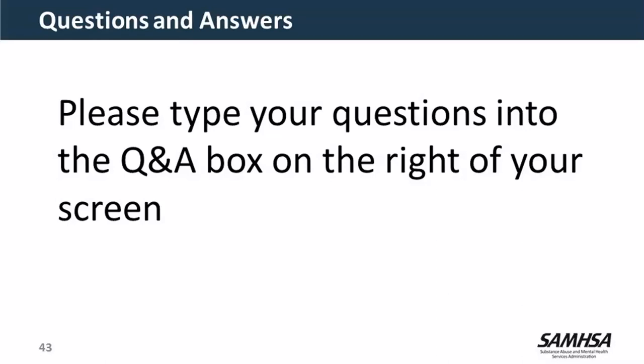Yep, and so you indicate how you have been trained when you register, and then we confirm that training before you are granted access and able to enter in outcomes. We do that because we're only tracking SOAR outcomes and SOAR-assisted SSI and SSDI applications, so we want to make sure that everyone who is tracking outcomes in the system has been trained how to use the SOAR model and is using the SOAR model, because that's our intention, to track those SOAR-assisted applications.